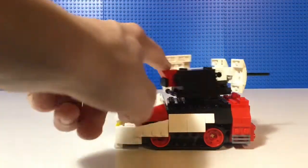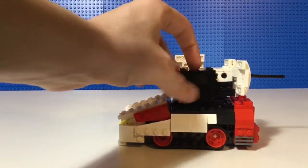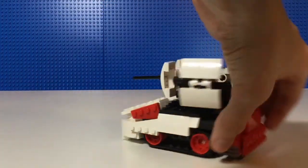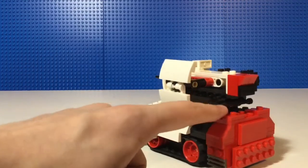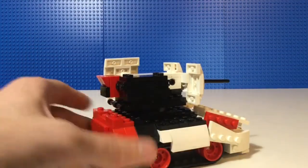I also had this little battery computer piece that sticks out on the side, because again, that's just what it looks like on it. Got the back with these little bumper things on the top. They actually are lights, but